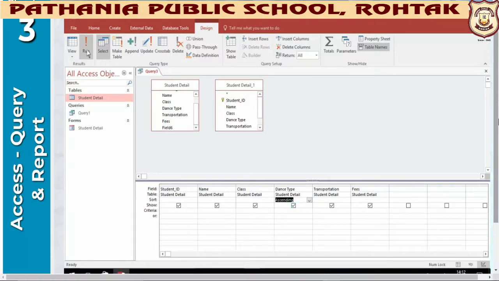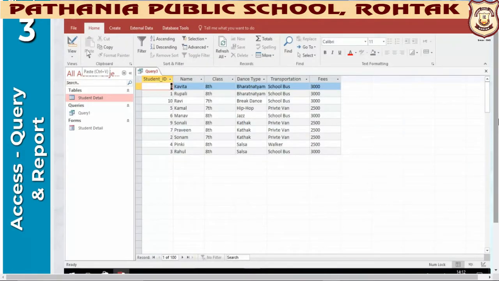Click on Run button. The records appear in the order you specified. In this example, the dance is sorted in ascending order. Repeat steps 1 to 3, selecting Not Sorted in step 3 if you do not want to use a field to sort the query results any longer.